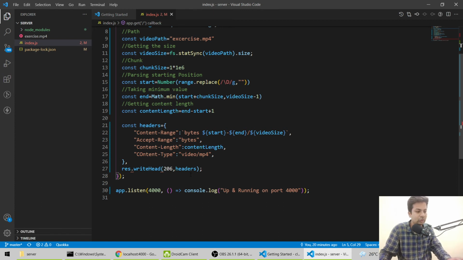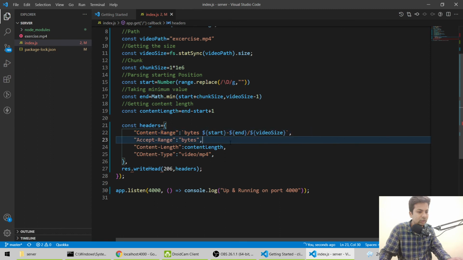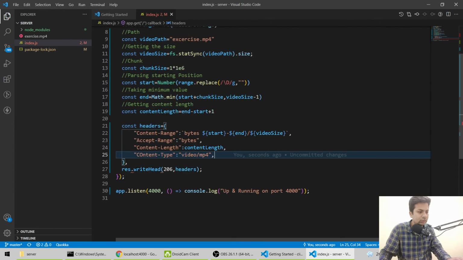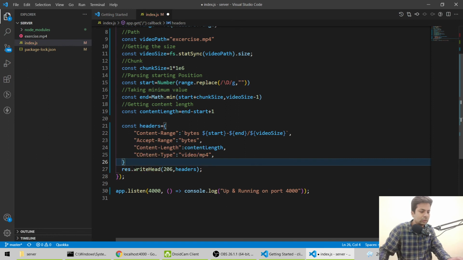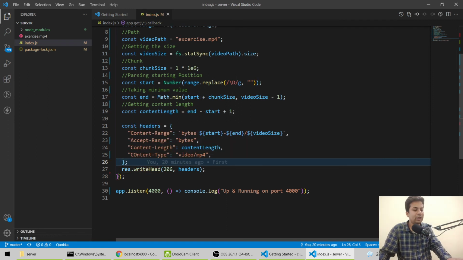Will save it. I think I forgot some bracket. Expected comma, why would it expect a comma? Okay, yeah, there shouldn't be any comma.